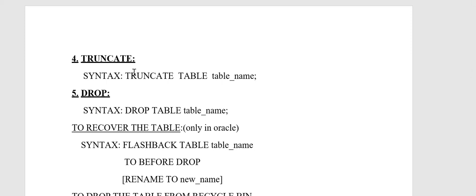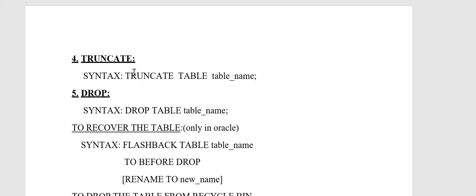Suppose I have just created the product table. If I give truncate table product, only the attributes will be present. Attributes, columns, or fields are price, product name, date of manufacturing, and so on. Whatever we mentioned while creating, only those will be left, and all the data, all the records, will be deleted. Only the structure of the table will be present when we use truncate. If we use drop,